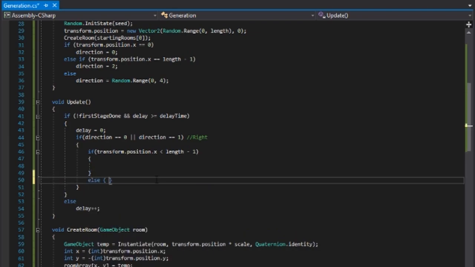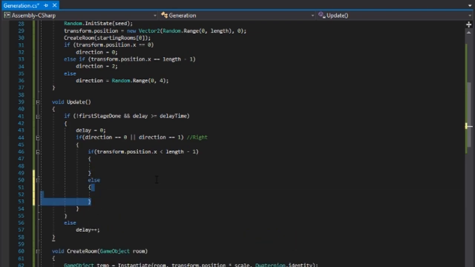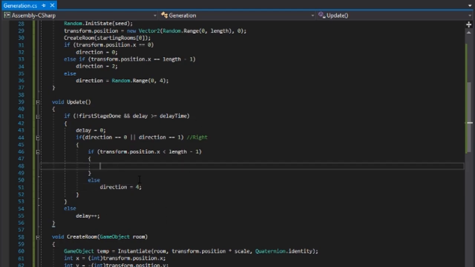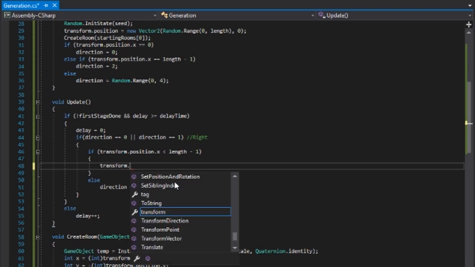Otherwise, we have to set the direction equal to 4, and that is all we have to do because we will handle that in a separate part of the code that is like, hey, direction 4, that's down, we're going to move down. But right here, that's not applicable, so we are going to continue on by starting with moving